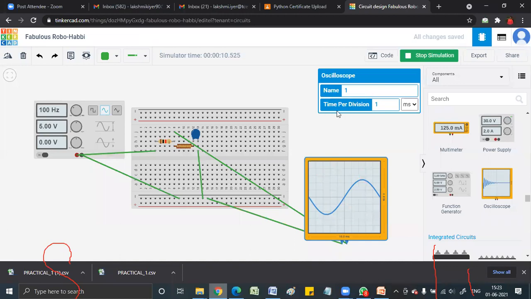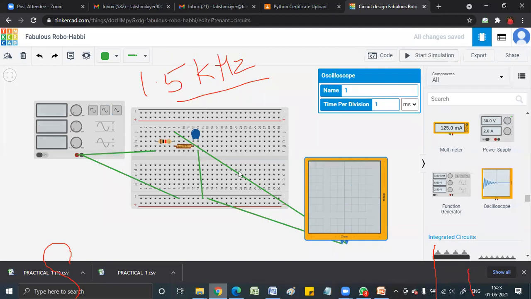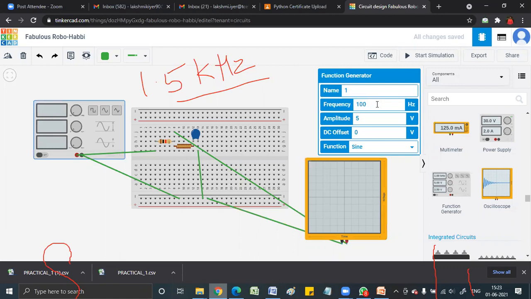1.5 kilohertz. Tell me what changes I have to make. I want to check at 1.5 kilohertz. क्या करना है? पहले तो स्टॉप करो सिमुलेशन। क्या कहाँ चेंज करना है? फ्रीक्वेंसी मैम यहाँ पर। इनपुट का ना? हाँ तो यहाँ पर क्लिक किया, ये 100 हर्ट्ज था, 1500 हर्ट्ज इज 1.5 किलोहर्ट्ज।